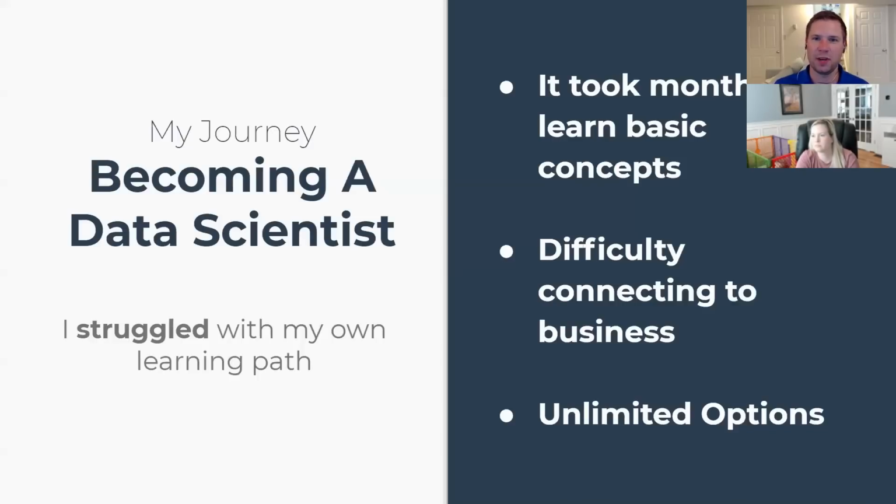So there was the Udemy's and the Udacity eventually, and then Coursera. And I ended up taking Coursera at that point in time. There was a specialization offered by Johns Hopkins, but I had all of these different options, which sounds like a really good thing. But none of them were really good for what I was doing. I took the Johns Hopkins one. I was about ready to quit that one